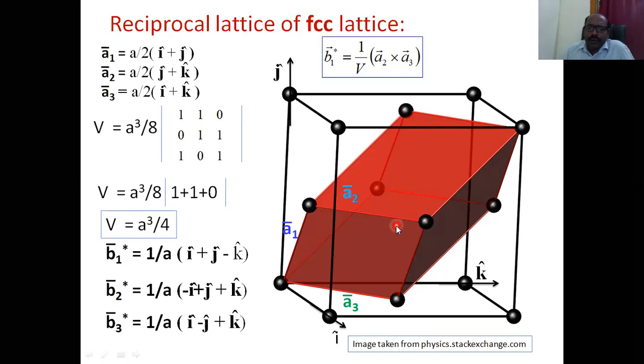So it is confirmed that it is a primitive unit cell. Then we are taking the basis vectors of this primitive unit cell. So it is one cube. This side, let us say x, this y, and this z. For this red cube, I am talking about A1, A2, A3, which are the edges of this red cube, and those edges are touching at this corner point.